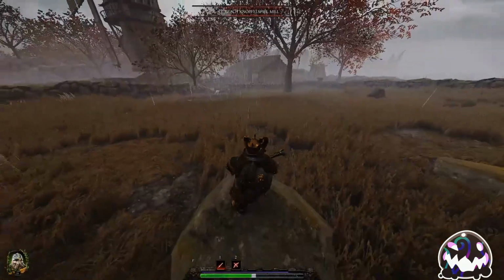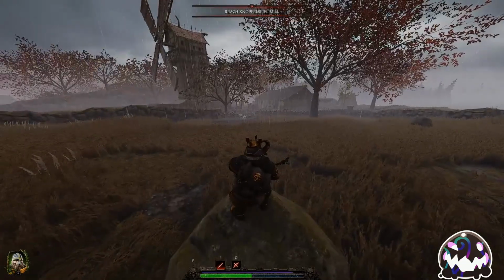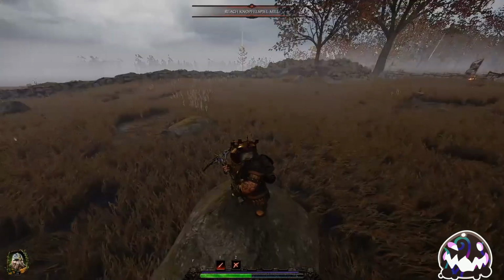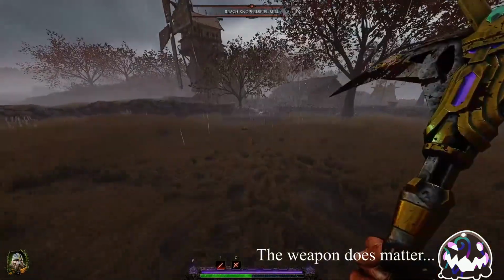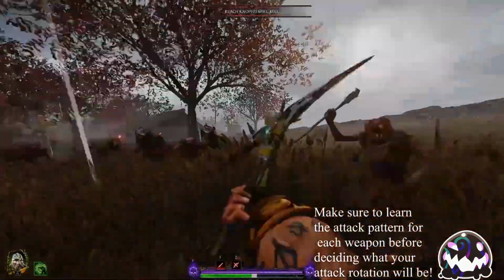But so far, as you've seen, 90% of this is just dodge dancing, as well as weaving in lights, heavies, and push attacks in order to keep the horde staggered and in a situation where you can control them. And it doesn't matter what weapon you're using, from rapier to warpick to one-handed axe, you're always going to do the same thing. Now this one's a little bit different,